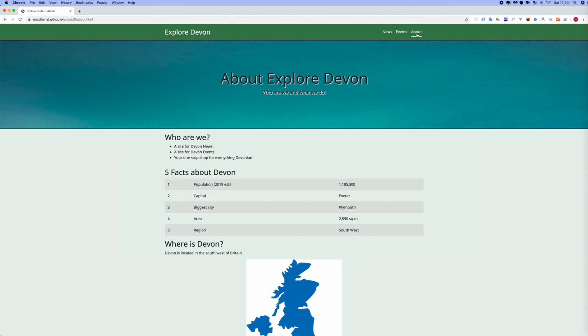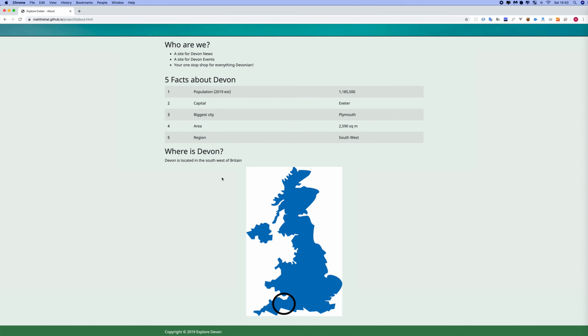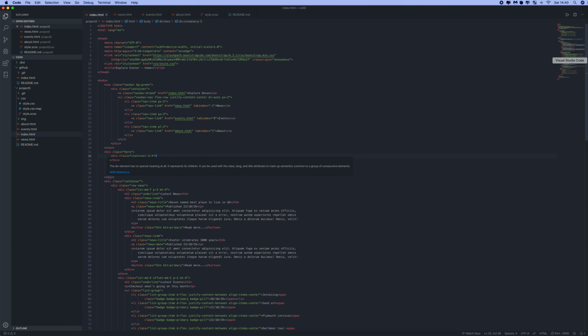Lastly, we have an about page with a simple unordered list, and below that a simple Bootstrap table with five facts that are about Devon. So underneath that we have a map of the UK with Devon marked in the southwest of England. So coming on to the code,